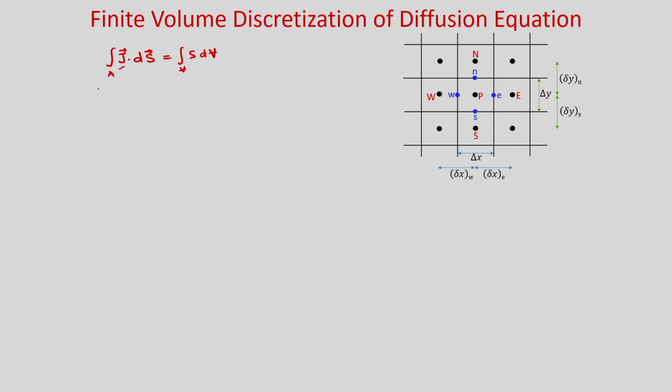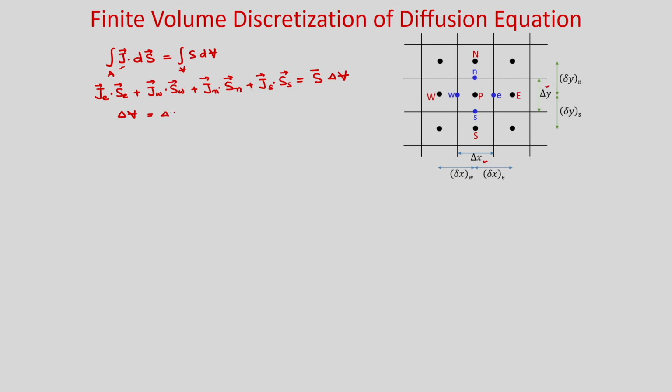So, now we can write it as J e dot S e plus J w dot S w plus J n dot S n plus J s dot S s is equal to, now this S is the source term and average source term we will take, into delta V. Okay. So, obviously you can see in this case what is delta V? Delta V is your main control volume is P, and for that we have delta x and delta y.